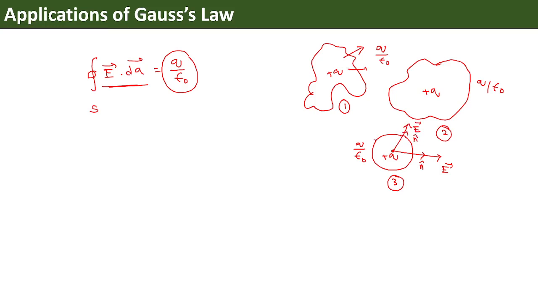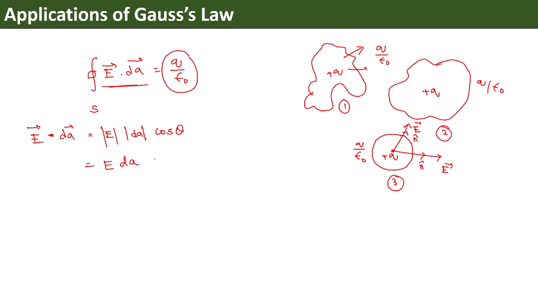So that is why at every point on this sphere, it doesn't matter through which point the flux comes out, the electric field is parallel to the area element, and the angle between them happens to be 0. So if the angle is 0, then you can write E dot dA as E magnitude times dA magnitude times cos of theta. This is something that we know from our vector calculus.